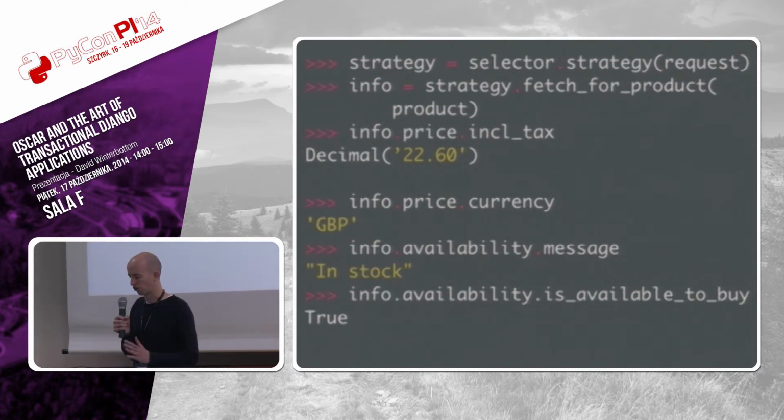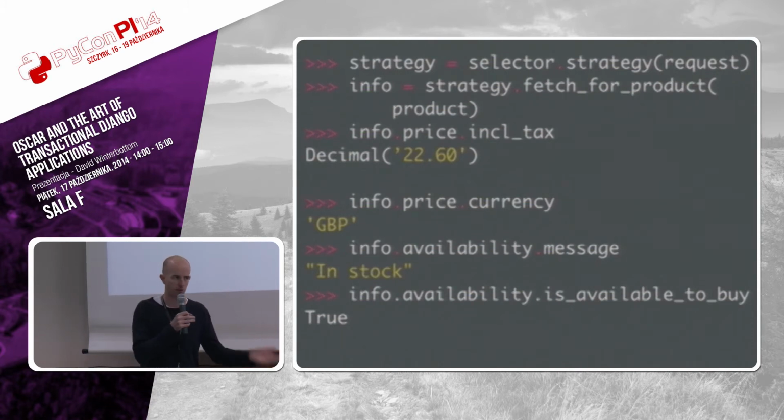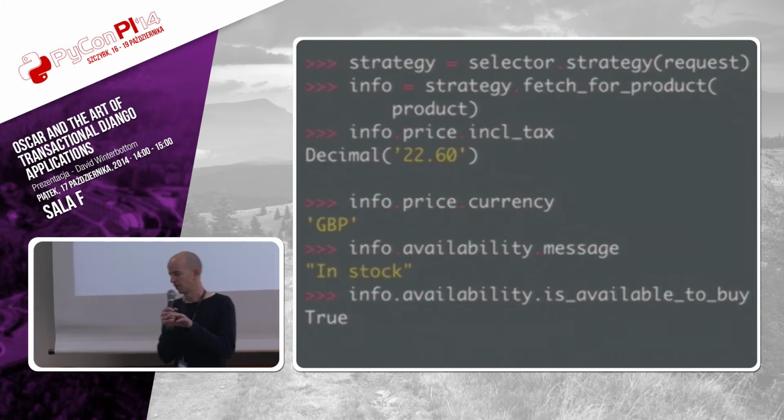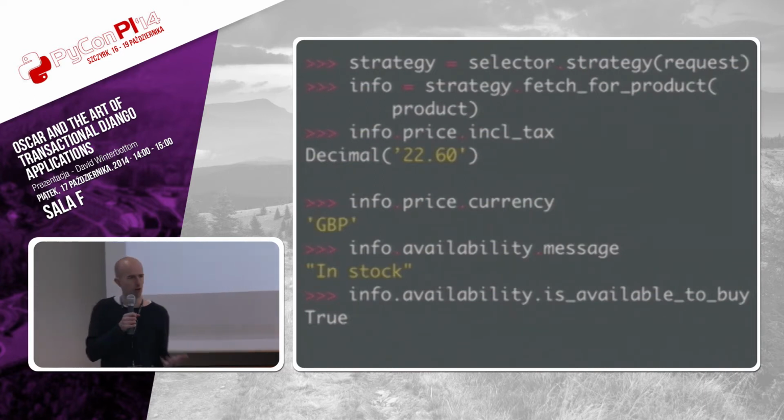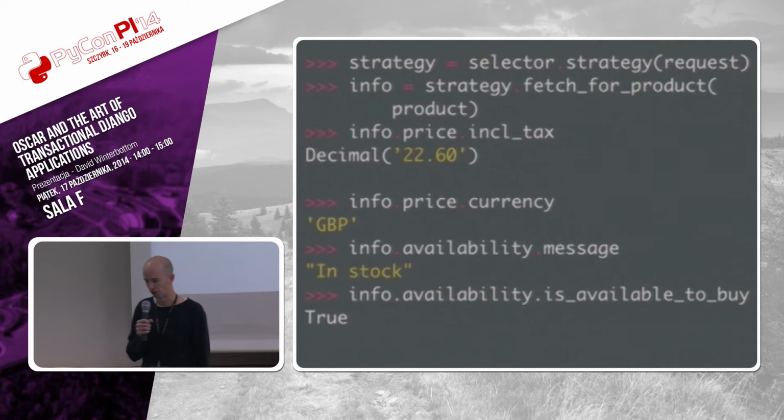That seems quite complicated. But with that structure, you divorce the product object and its metadata, titles and descriptions and images, from the logic around how much it costs, what currency it is in, and which partner's actually going to fulfill this. Oscar lets you have 10 different fulfillment partners for the same product, and you can choose one at runtime, maybe the one with the most stock or the best margin or the one that's closest to this person. You can do that dynamically.